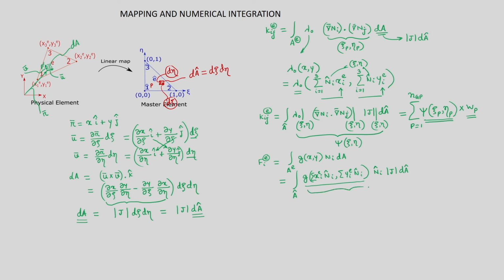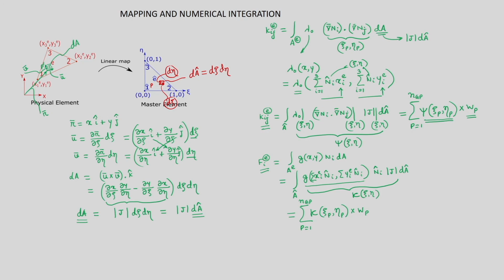Now this term let us denote as kappa. Kappa can be a function of xi and eta, alright. To calculate this numerically we will do the same thing: we will calculate kappa at a particular point xi p and eta p, multiply with the corresponding weight Wp and sum it over all the Gauss points, p equal to 1 to Ngp, alright. So this is how we can calculate the entries in the stiffness matrix and the first part of the force vector.